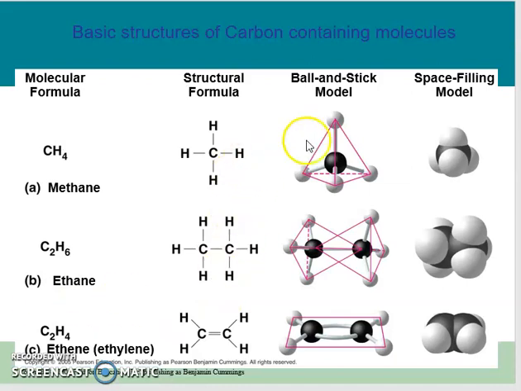And if you look here, these are very simple organic molecules. The carbon is the black ball in the middle, so I'm just going to go to the ball and stick model to help you visualize it. The white balls are hydrogens. So you can have, again, 1 carbon and 4 hydrogens, or 2 carbons and 6 hydrogens.